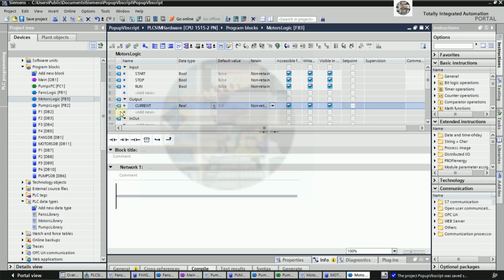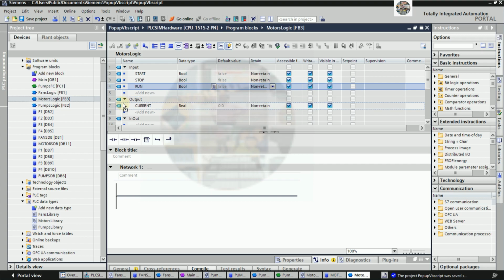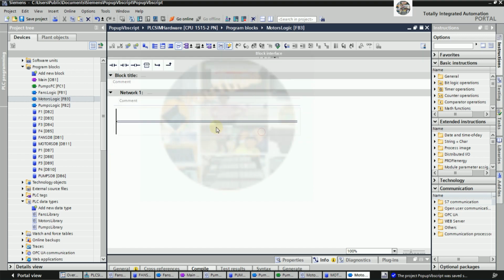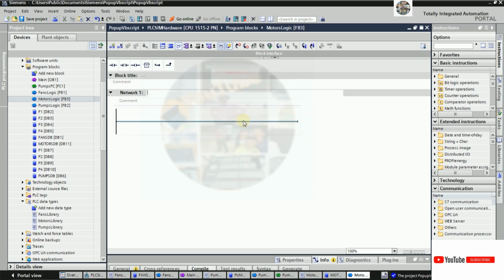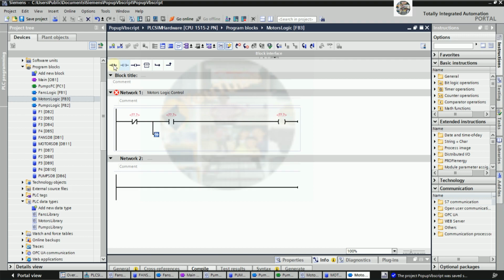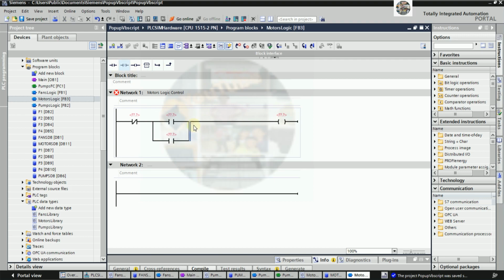For run and current, I will drag it to output. Yes. So logic control: stop, start, run, lock hold the signal, and when run,